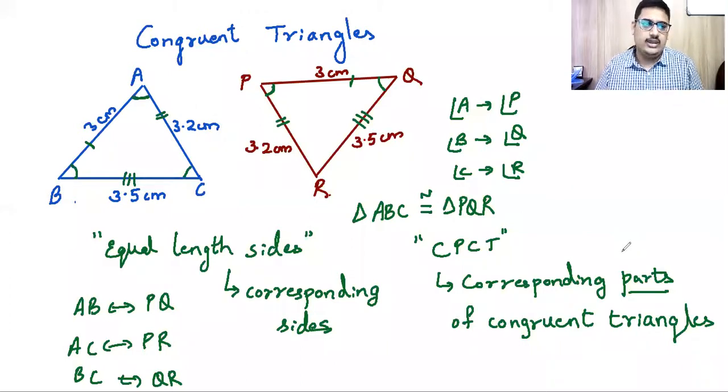two triangles. Is it clear till here? The meaning of congruent triangles, what we mean by parts. We have two kinds, angles and sides, and how to identify the corresponding parts, that is, the corresponding side and corresponding angle. So, corresponding parts of congruent triangles. Is this clear to all of you? Yes, till here is this clear? Yes, good.